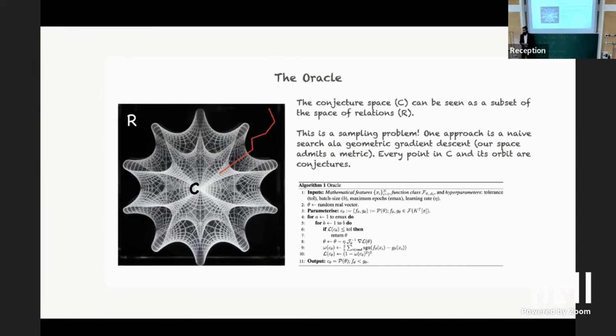But you don't know, there could be cycles. Yes. No, as long as we stay on the conjecture space, we are good. The algorithm is trying to solve the sampling problem, and whatever geometry we impose on the space will help us generate more. And you might get things like cycles of conjectures.